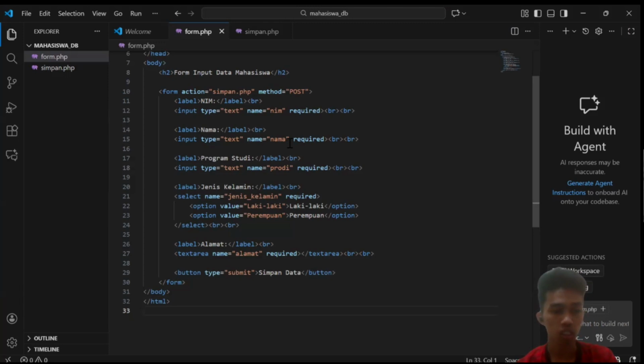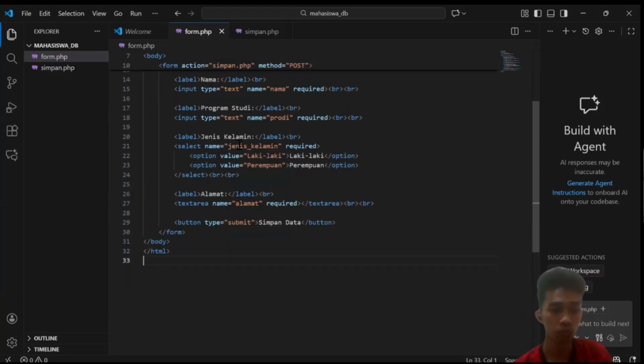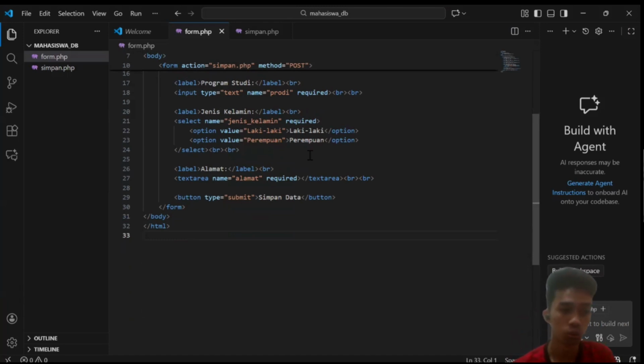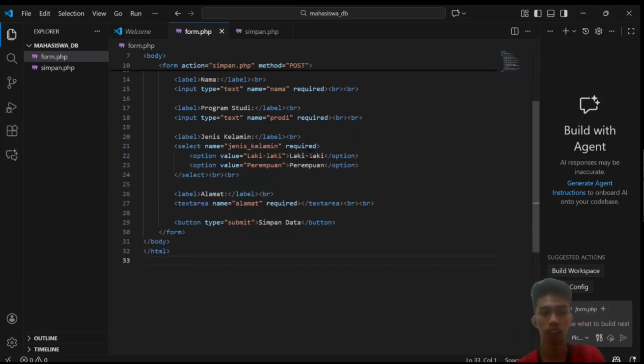When the user fills out the form and clicks the Save Data button, all the entered values are sent to the simpan PHP file.